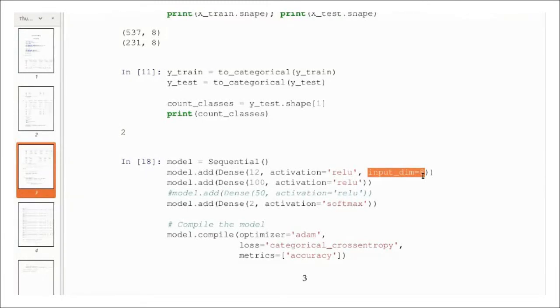And finally, the output layer has two classes, either 0 or 1. So I put a model with two neurons. The output is a probability distribution, so we use the softmax function. Otherwise, you can use a single neuron in the output layer. Sorry, you can use a single neuron and use a sigmoid function.